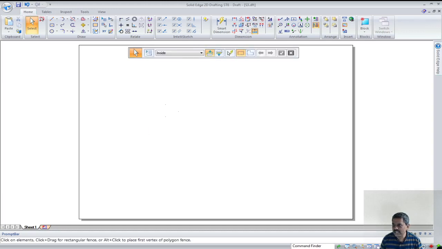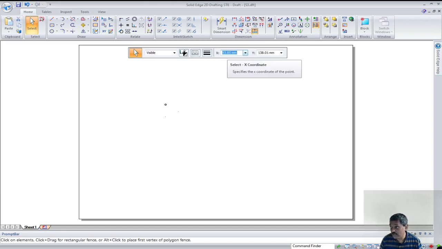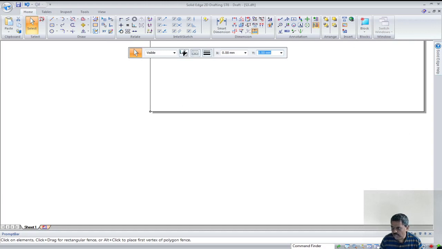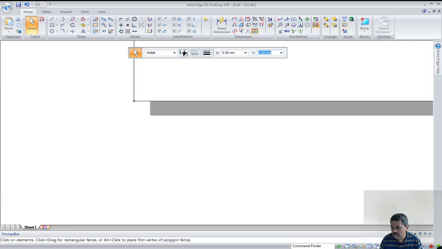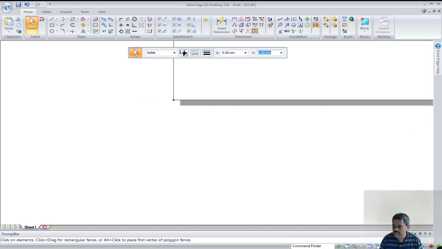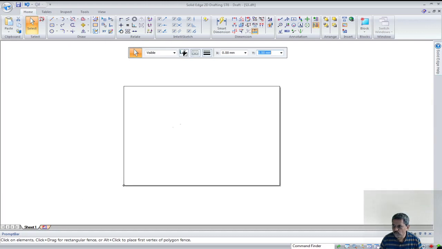Now you can see that I select a single point. You can see that it is being selected. Now it is very clearly visible, and it also indicates the coordinates. Suppose you enter x coordinate as 0, then press tab, and enter y coordinate as another 0. You can see it has been moved to the bottom corner. Can you see that? So the point is located here. That means the coordinate system's origin is at the lower left corner.